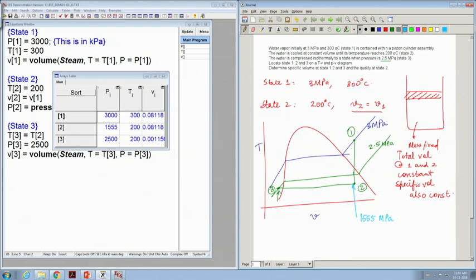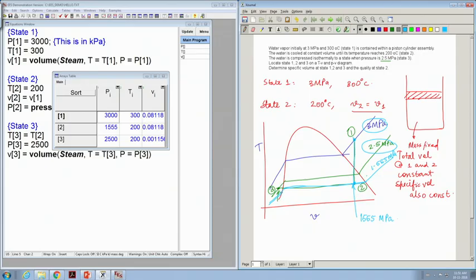So, this line is 2.5 megapascal, this line is 3 megapascal. So, there is a line like this, like this, which is 1.555 megapascal,